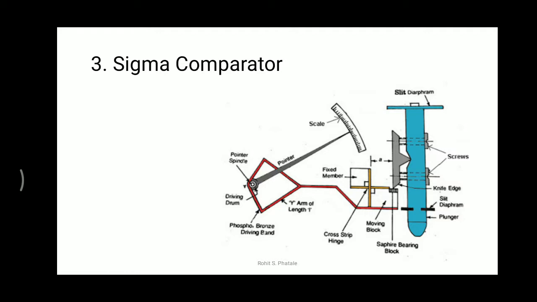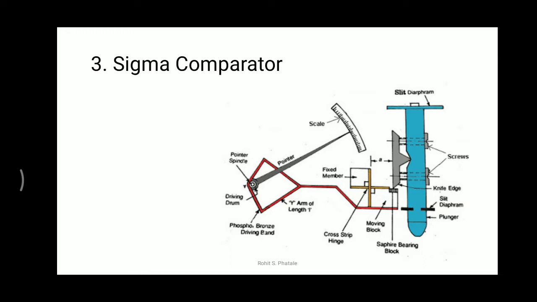Very small actual readings or very small changes in actual reading can be recorded with the help of these comparators, whether they are mechanical comparators, pneumatic comparators, or optical comparators.